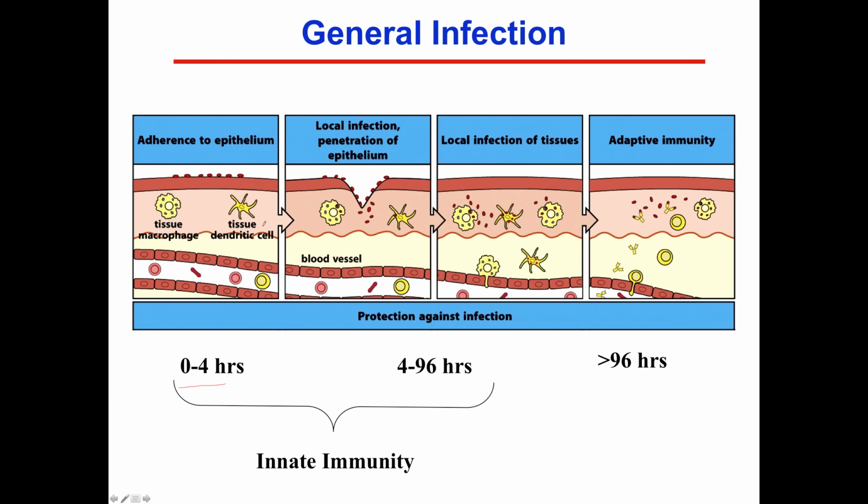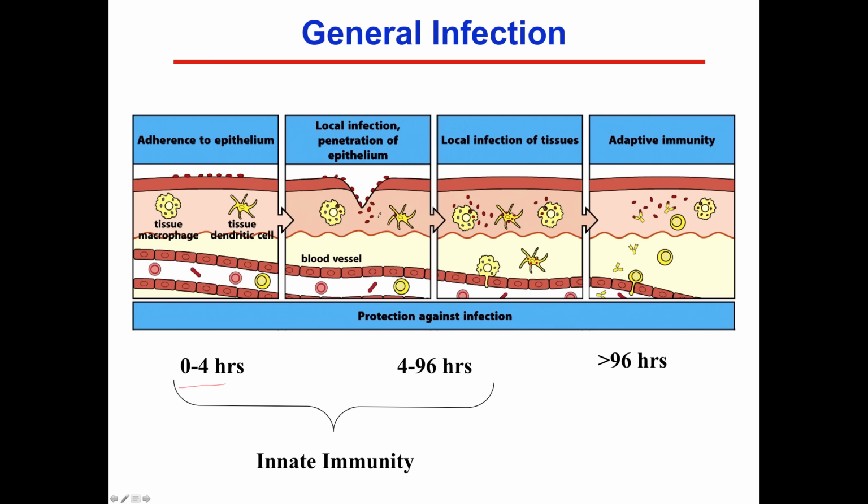There are immune cells in the tissues to protect you. There is a blood vessel. There is at some point a break, maybe a cut in the skin. Bacteria or an infectious agent can get into the skin and interact with potentially the immune cells. In the first 4 to 96 hours, this can lead to